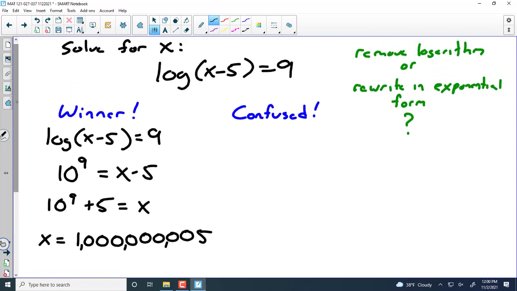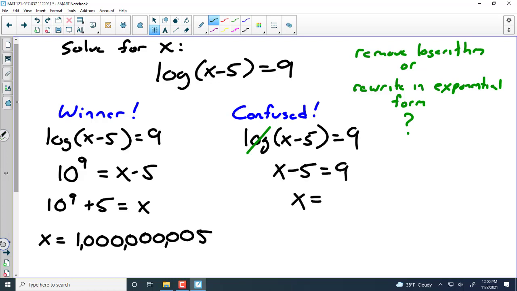The confused student says, I think Steve said I could just remove a logarithm. And so they just try to get rid of the logarithm, write x minus 5 equals 9, and they get x equals 14. What a difference it makes if you do the problem wrong. If the answer is 1,000,000,005 and you say 14, you're not close. So this one is wrong